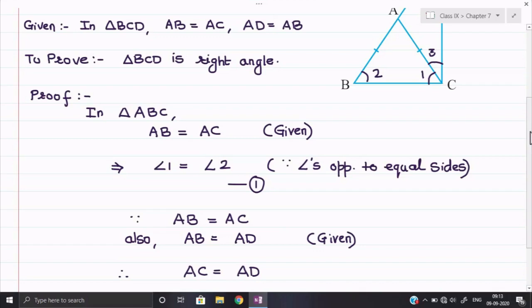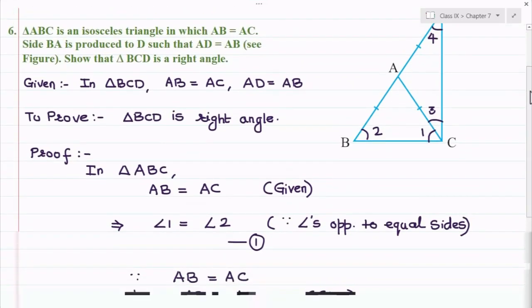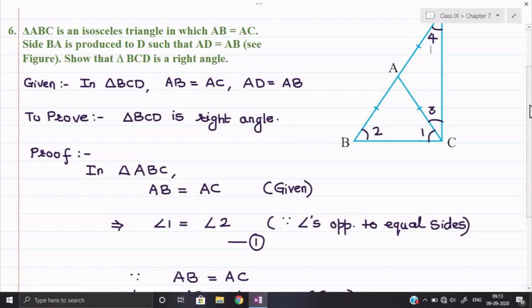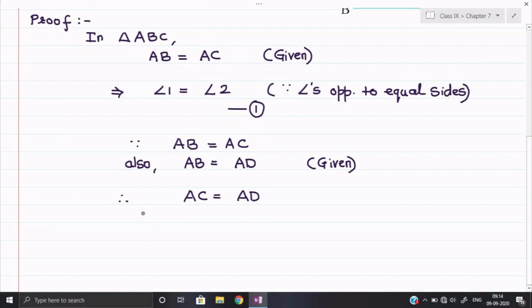Observe in the figure, we have taken angle 1 and angle 3 together, meaning they are part of the same angle, angle C. So angle 1 and angle 3 should come on the same side of the equation. Observe in equation 1, where is angle 1 coming? That is coming on the left hand side. So angle 3 also you take onto the left hand side only. That care needs to be taken. So we can say that since AC and AD are equal, angle 3 will be equal to angle 4. The reason will be the same, angles opposite to equal sides. That reason is not required to be given again and again. So this will be equation number 2.